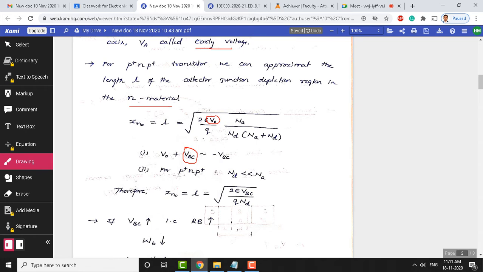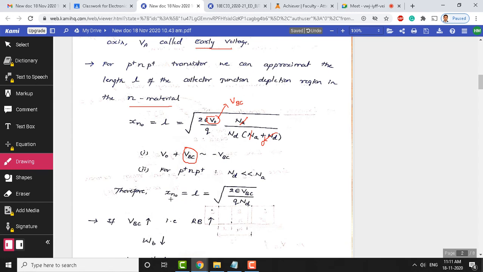And also for a transistor of type P plus N, ND is going to be very much less compared to the NA. So, ND, the donor concentration, is less compared to the acceptor concentration here. So, that means ND becomes negligible here. If you neglect ND, this goes to 0. When ND becomes 0, this NA cancels with this NA, and you are left with only this V naught, which now becomes equal to VCB or VBC. Okay, so this becomes equal to VBC. So, now the simplified equation is as shown here.